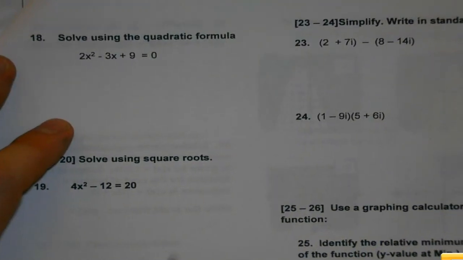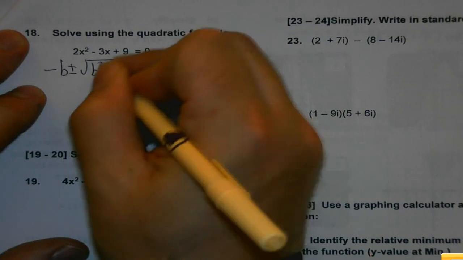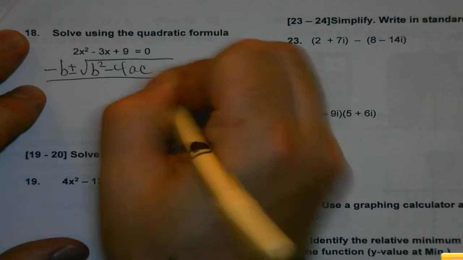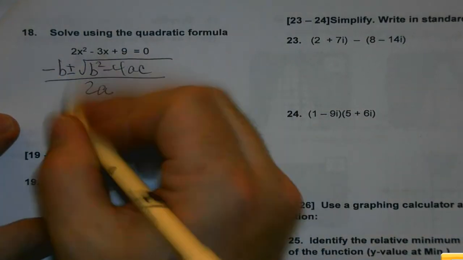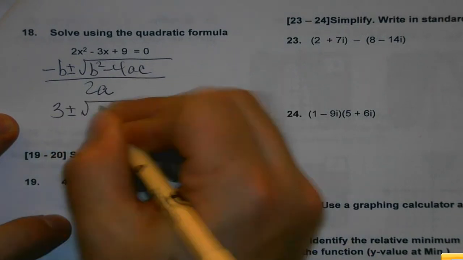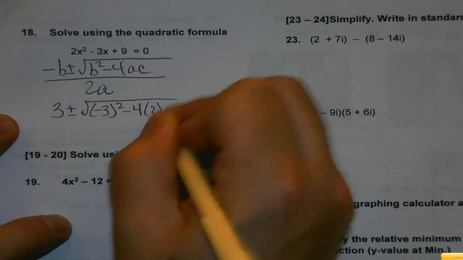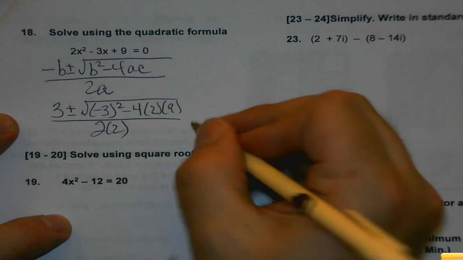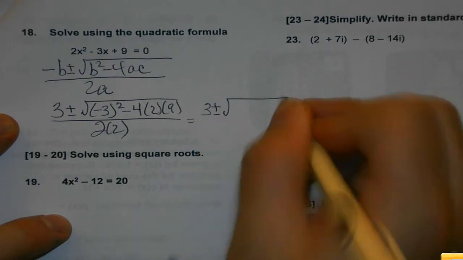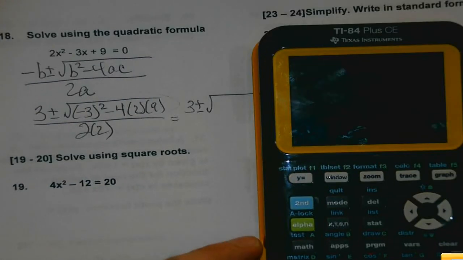Okay, quadratic formula in our brains. So we get that in there. Again, just details. Opposite of b, which would be positive 3. B squared, the negative in parentheses. And this is not where we want decimals. So I could punch this part into the calculator. Now again, I don't want the decimals. So if I'm going to do that part,